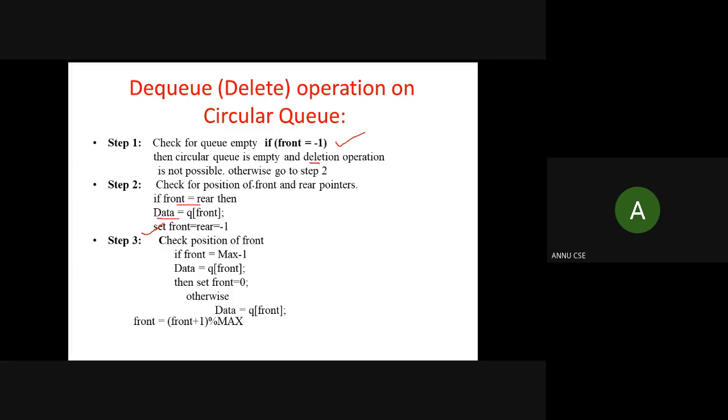So here in step number 2 we are checking whether a single element is there in the queue. If this condition is not true, you are not deleting a single element from the queue. In that case, you need to update front. Either you can use this or you can use this formula. By just using this formula, you can update a new value of front, because the same situation can be there if you have implemented the queue in this way.